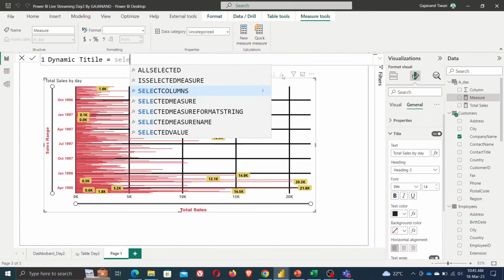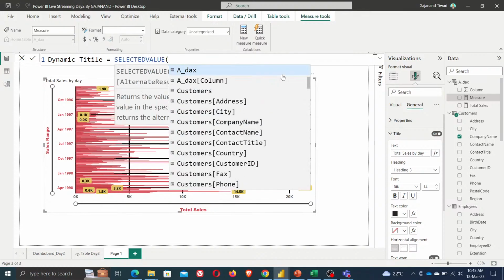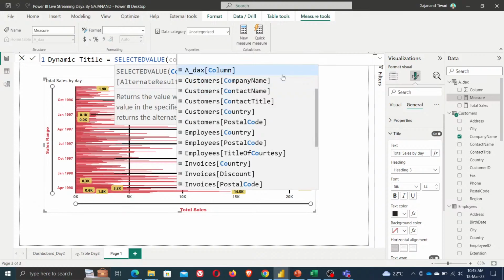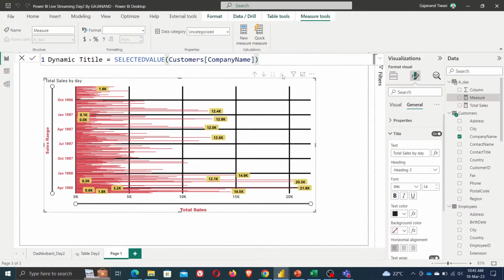So select value from company name in the tab. I want to see the company when I select that. Okay, when I select that, okay, it's loaded. Yes, loaded. Now let me,